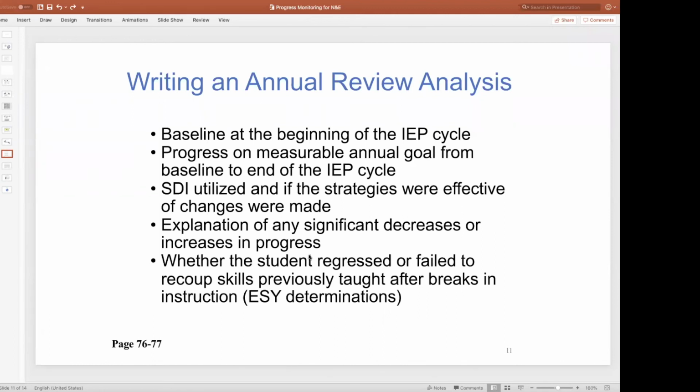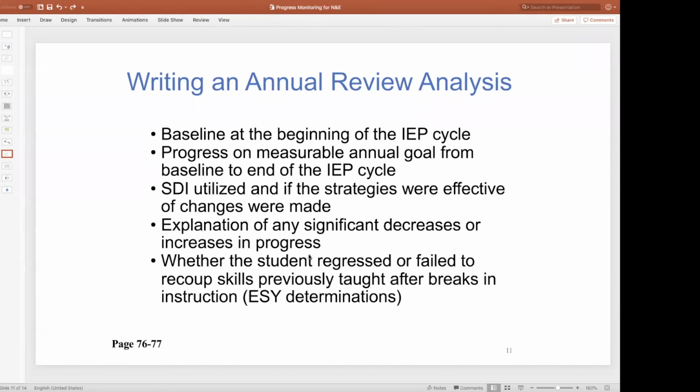So, if Mark was answering inferential questions at the second grade level, and maybe it was at 40% at the beginning, and then we turn around and we talk about the segments. It may be each report card that you all want to talk about, and to look at the progress. And if Mark is not making any progress, then we're going to write in there what did we change? What strategies? What interventions? What did we change to try to get Mark back on track? And that's what we're writing in this